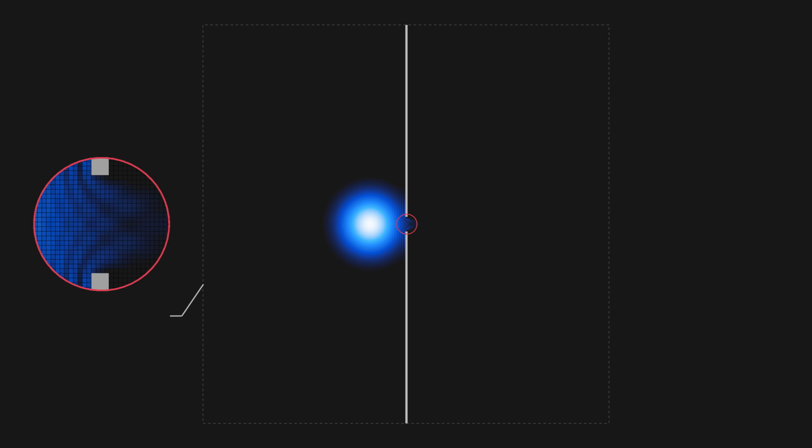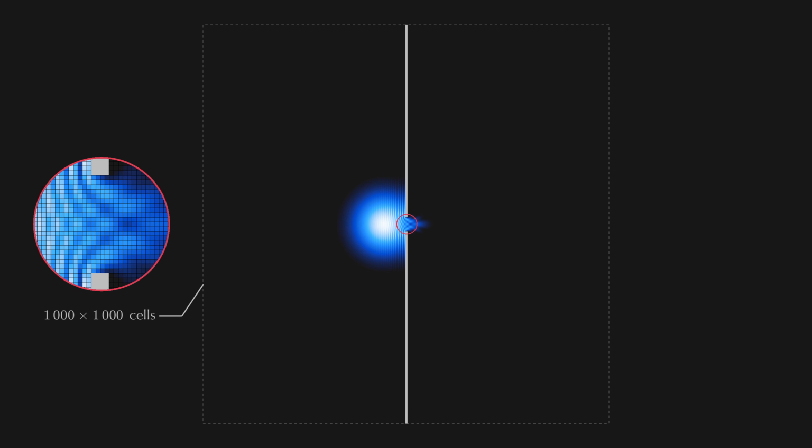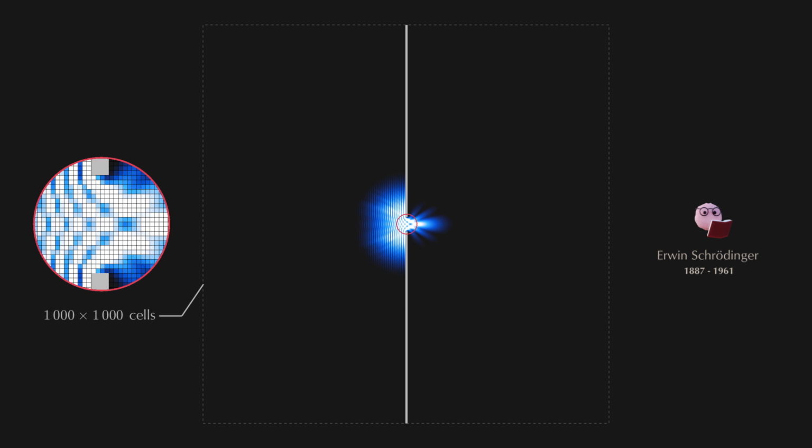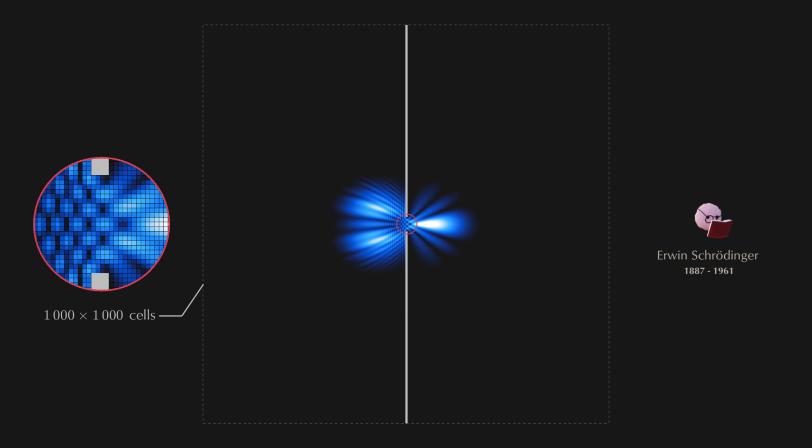For now, let's just assume we restrict our view to a subregion of space and subdivide the field to have 1,000 sections along each side. This means each of these cells stores a single complex number, and Erwin here has to figure out how 1,000,000 complex numbers change, since each of these numbers represents a part of the particle's wave function. It can be everywhere, and we need to account for that. 1,000,000 just for one particle to move through a tiny portion of space.